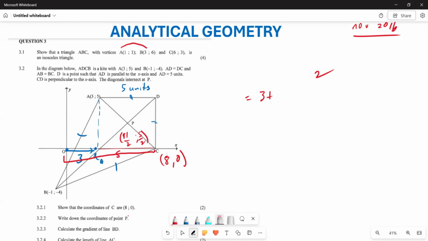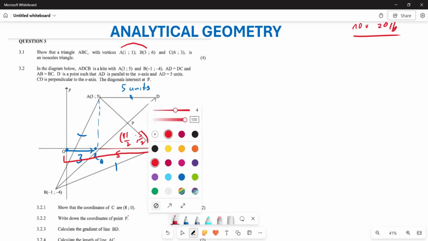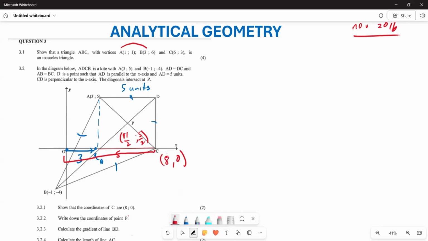Let's move swiftly along to the next question. They wanted us to calculate the gradient of the line BD. Now I want you to have an understanding of this. Remember, they said it's a kite. One thing that we know about the diagonals of a kite is that they meet at 90 degrees. They are perpendicular to each other. So what does that mean? If I want to find the gradient of BD, for an example,